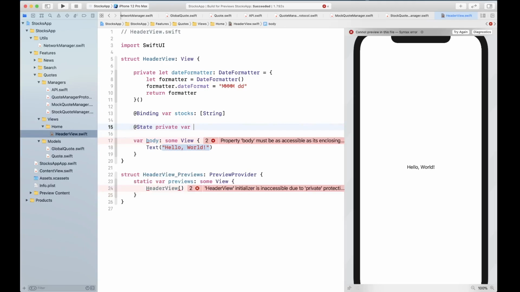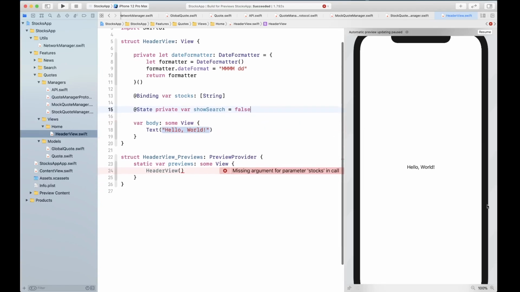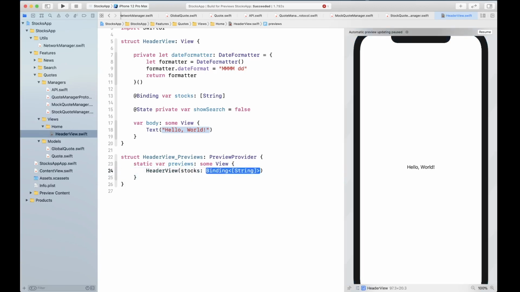So this is basically if we want to show the search or not. So this is basically going to come in handy when we create our search view. Okay. Next, let's go ahead and see. We need to pass these stocks. So I'm going to simply say constant.